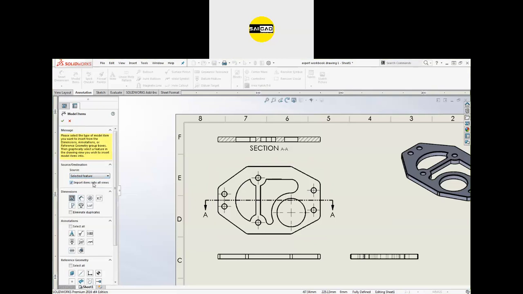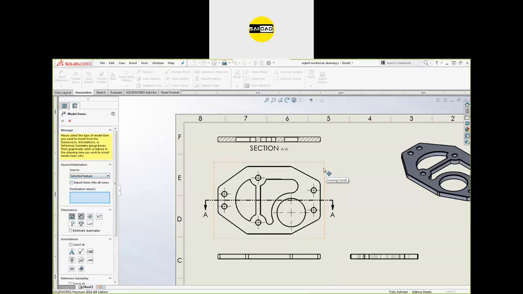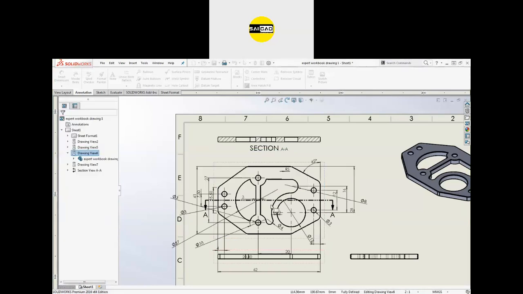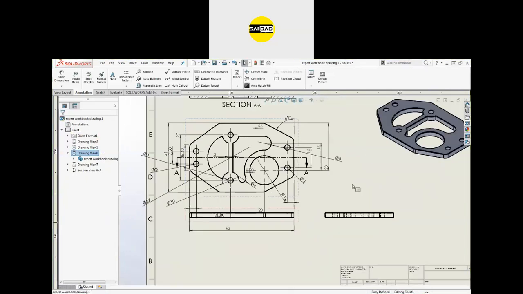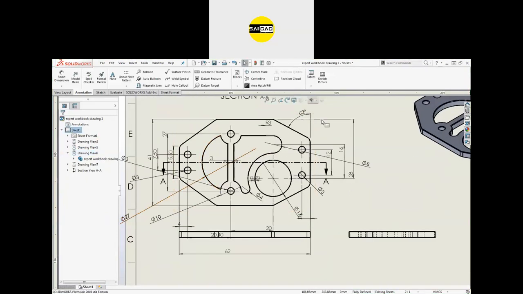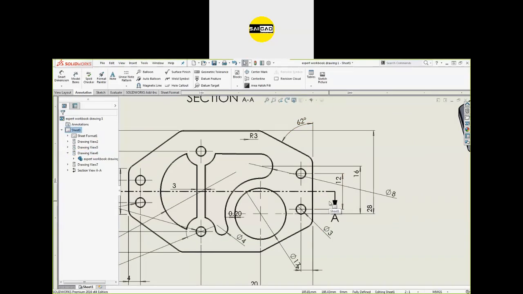Okay, so here is the option import items into all views. I don't want to import them into all the views. I just want to insert them on this view only. So select that view, click OK, click yes, and the dimensions will be in this view only. But again, we have so many dimensions here, we just have to align them properly because they were not aligned in the sketch.